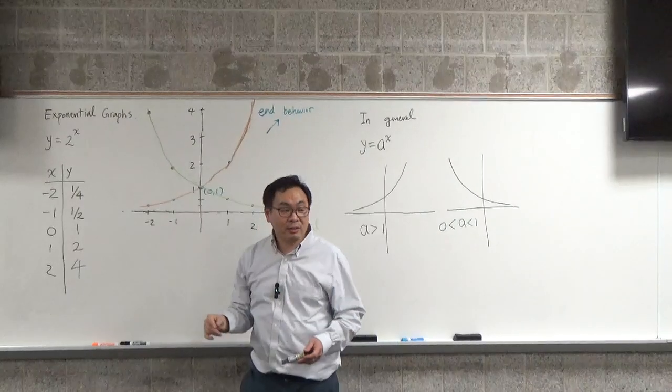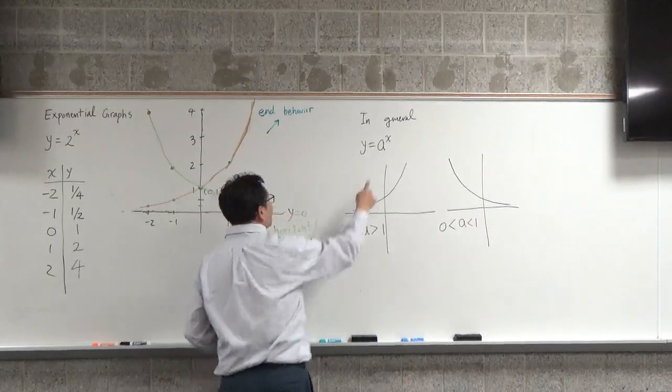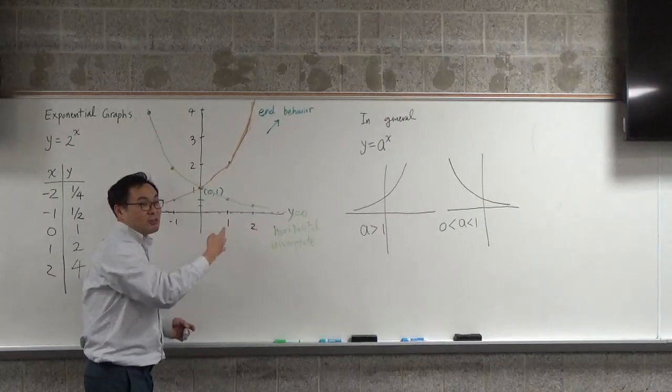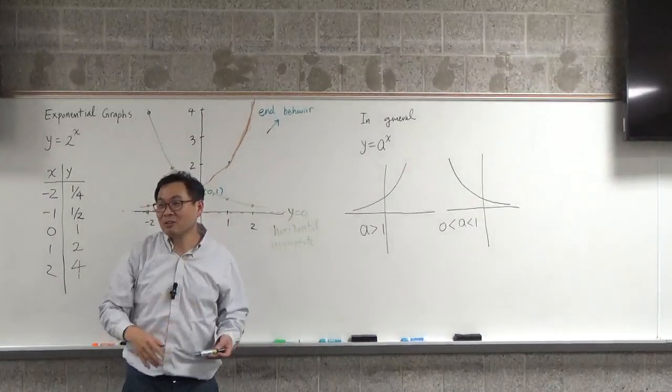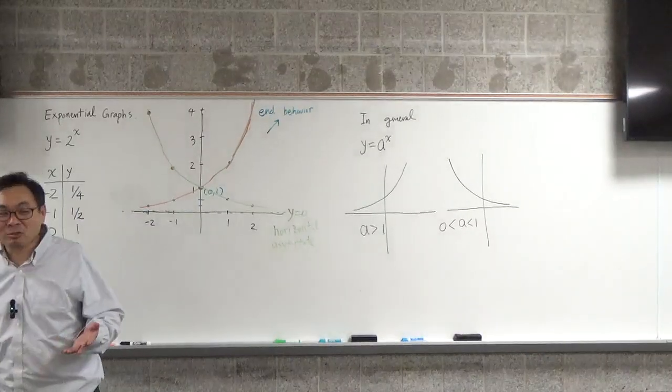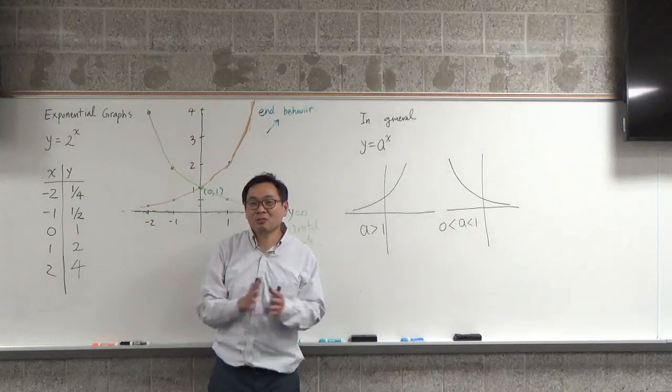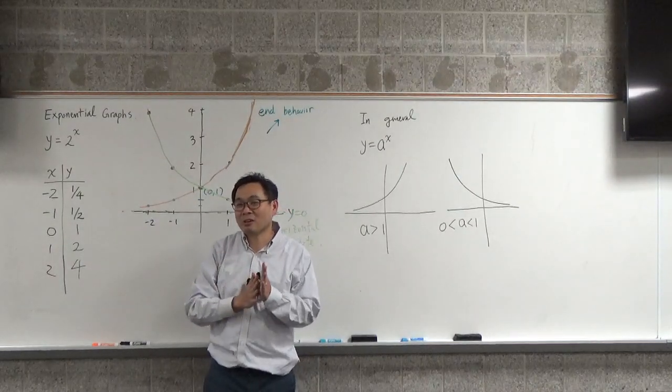Now, on the other hand, if you have something like 1/2 to the x, that means every time x increases, you're getting half. Okay? So, let's assume that you've inherited like $100 million from your rich parents, but